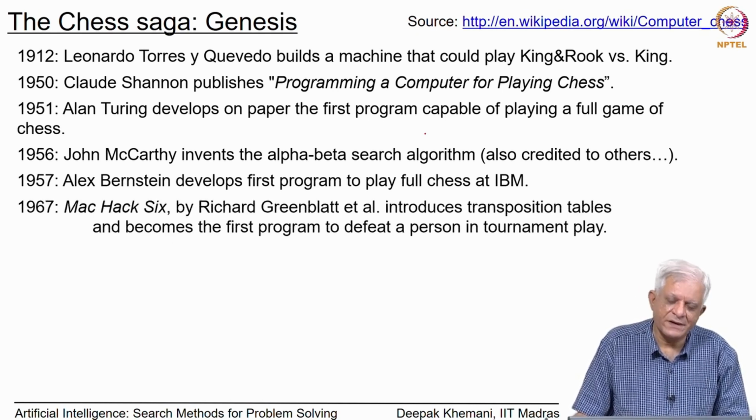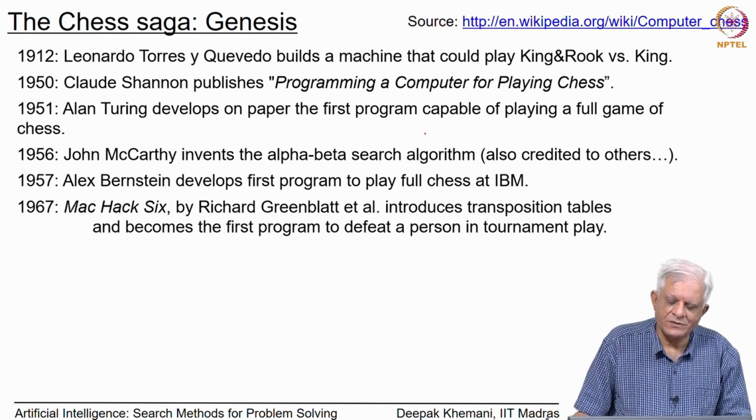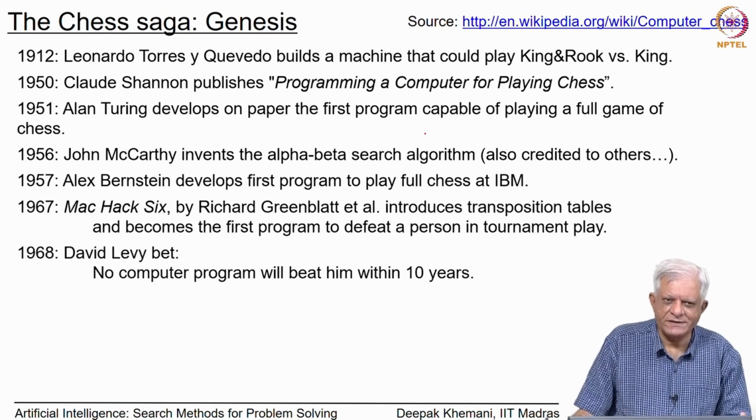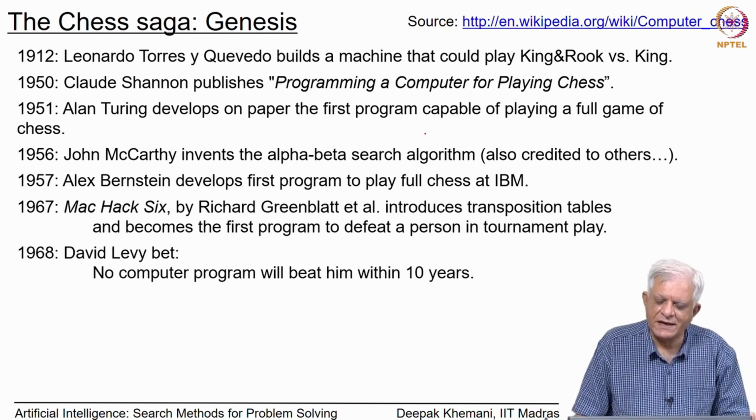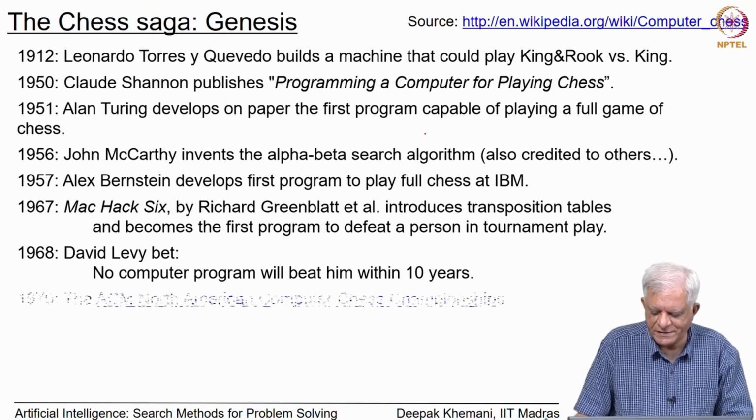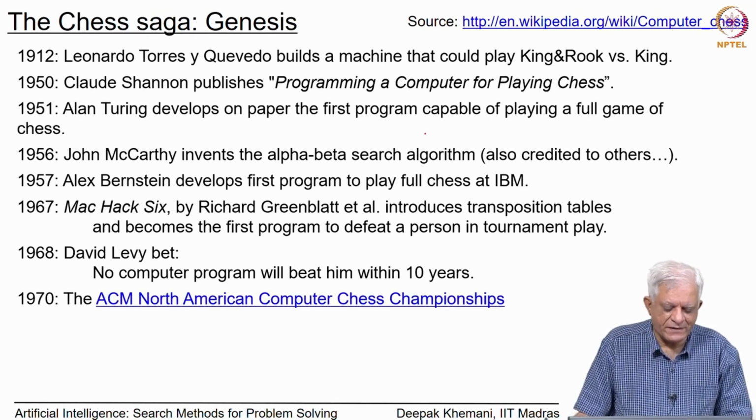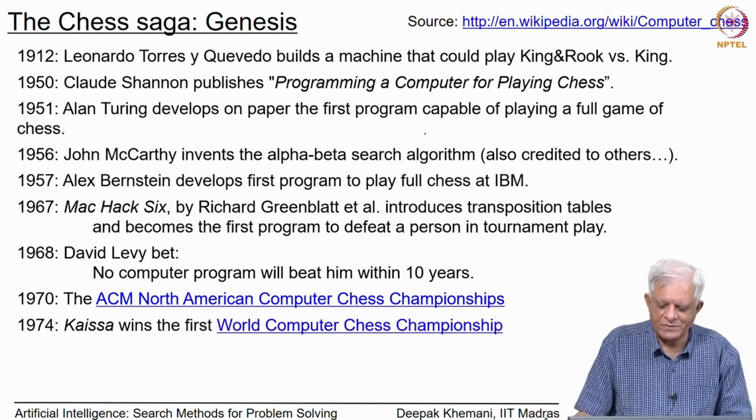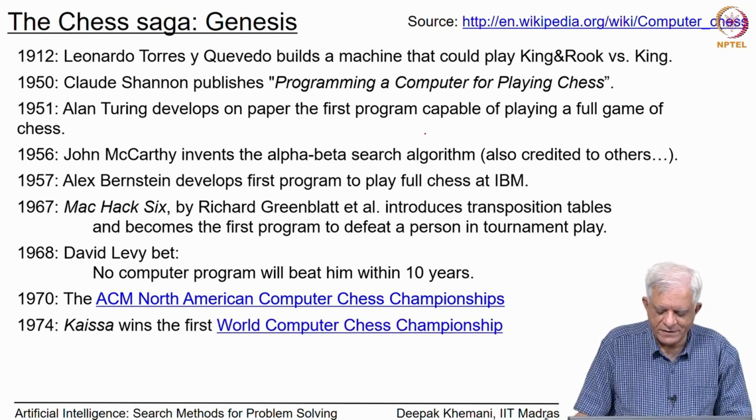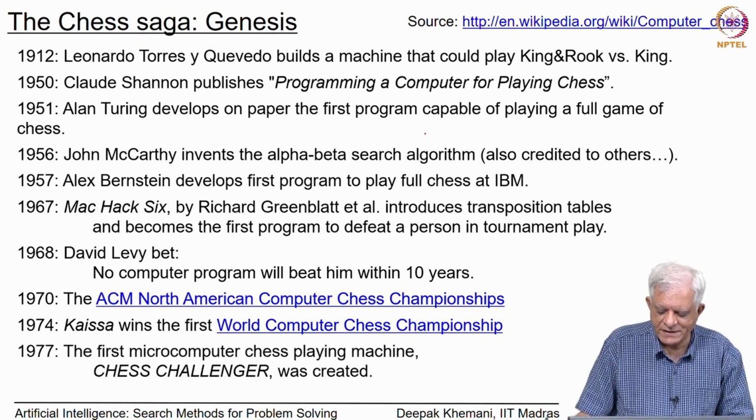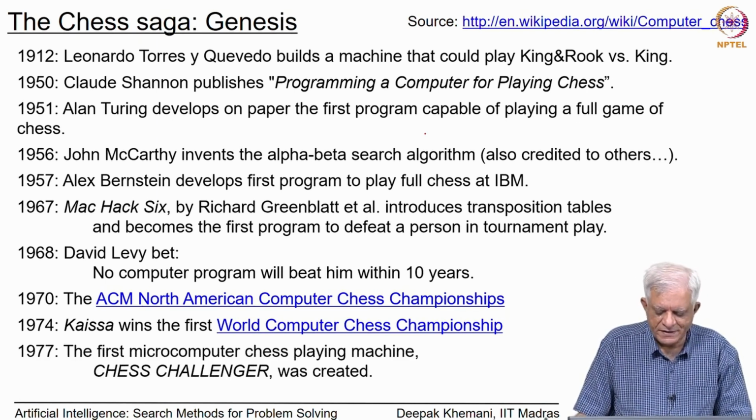John McCarthy, another luminary, in fact the person who coined the term artificial intelligence at the Dartmouth conference, invented the alpha beta algorithm that we will study later, but it is also credited to other people. Alex Bernstein wrote the first chess playing program at IBM. Mac Hack 6 by Greenblatt introduced new techniques like transposition tables and became the first program to defeat a human